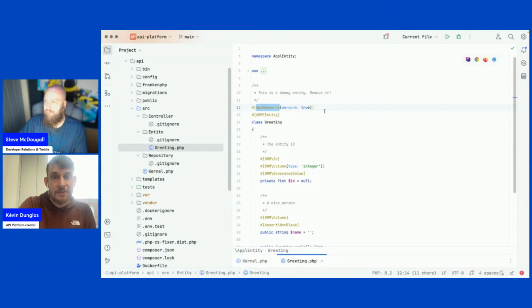Because the class is mapped both with the API resource attribute coming from API platform and the entity attribute coming from Doctrine, then automatically what we call the state provider and state persisters from the API platform Doctrine bridge are used, but it's entirely optional. You don't have to use Doctrine if you don't want, but if you use it, then it's magic. You just map your entity with the database and the JSON documents that you want to expose, and that works.